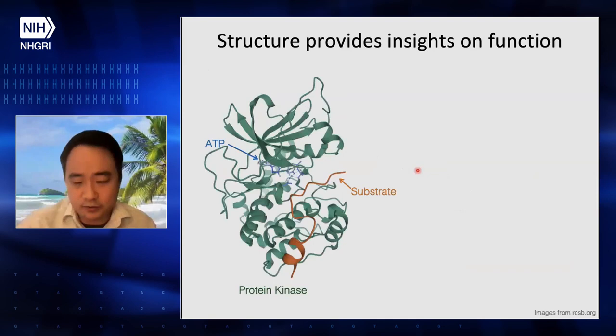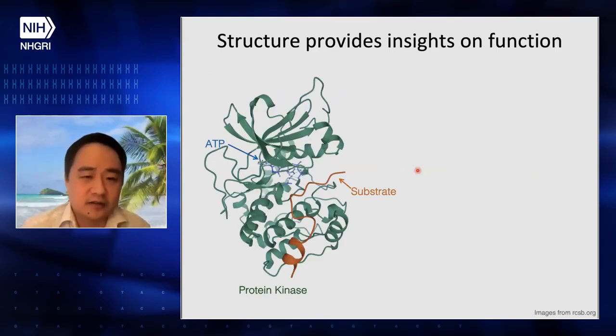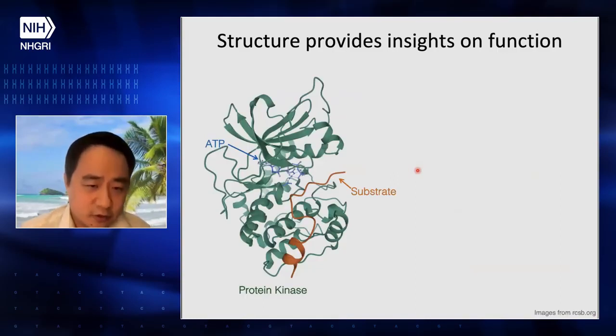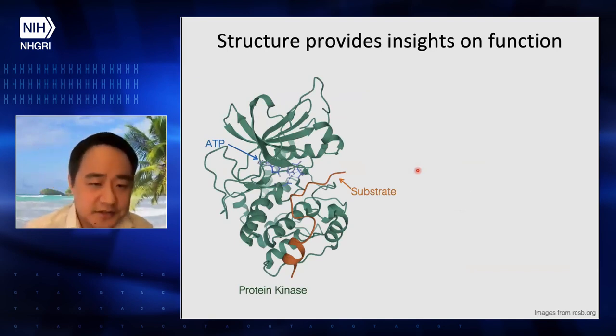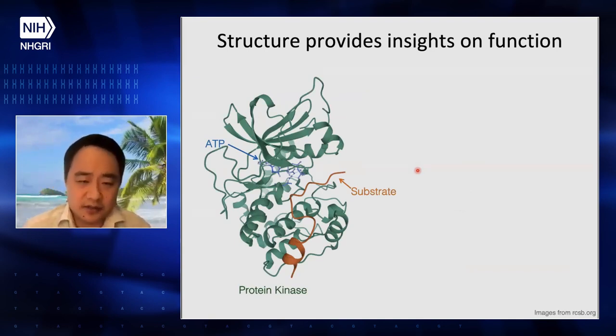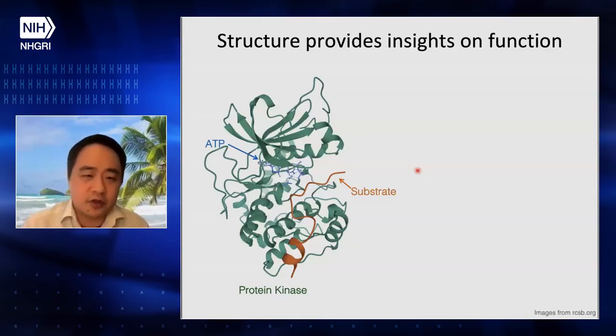Why is this protein folding problem important? Why do we need to understand the structure? The structure provides a lot of insight on particular sites. Here I show one example, one of my favorite proteins, called protein kinase. What it does is modify other proteins by adding a phosphate group, a procedure called protein phosphorylation. We had no idea how this is done, and only after the structure was solved did we get to know.